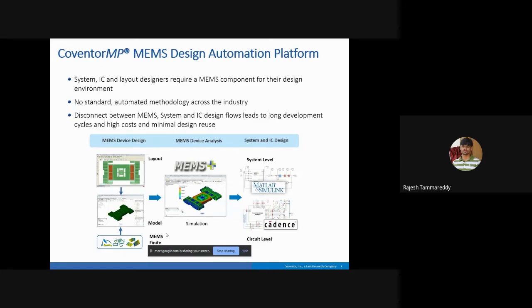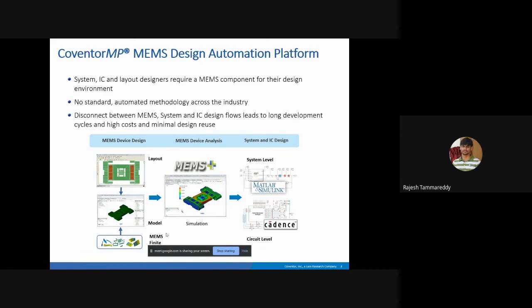But now with this software, you can directly run both the MEMS sensor along with your electronics, which means that the data coming is not a black box reference for you. It is a direct MEMS+ model running simulation along with your electronics in a third party environment like Cadence or MATLAB.